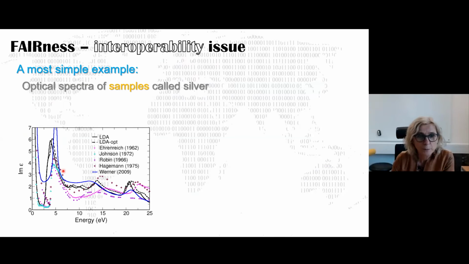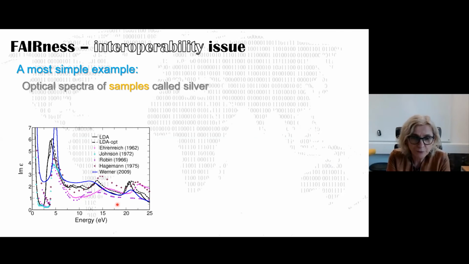So this is the optical spectra of silver, right? Silver is a very simple material, it just has one atom in the unit cell. It's a noble metal, so it should behave in a noble way, put it like this. But if you look at these spectra, you can't understand that they obviously all refer to the same material,